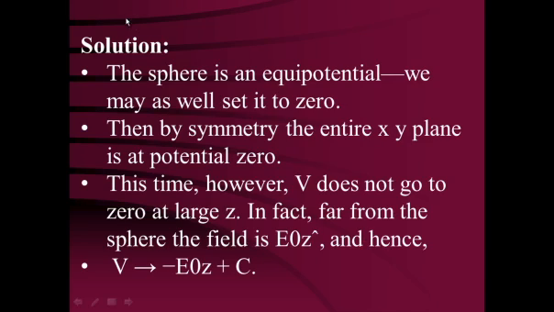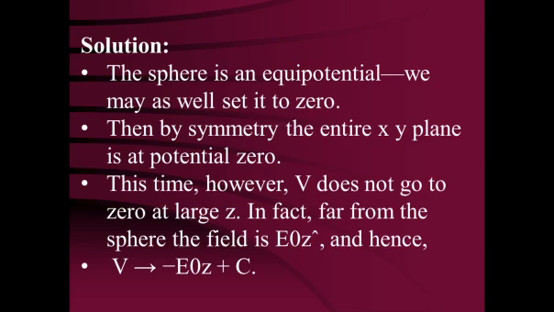Now, we know that the sphere is an equipotential. It is a metallic sphere. So, on the surface everywhere the potential is going to be 0. Now, why is it going to be 0? Inside the sphere, what is the net electric field? The net electric field is 0. So, the potential inside the sphere is 0 because the field is 0. The negative gradient of the potential is the field. So, the field is 0 and the potential is also 0. So, we can consider that it is an equipotential.